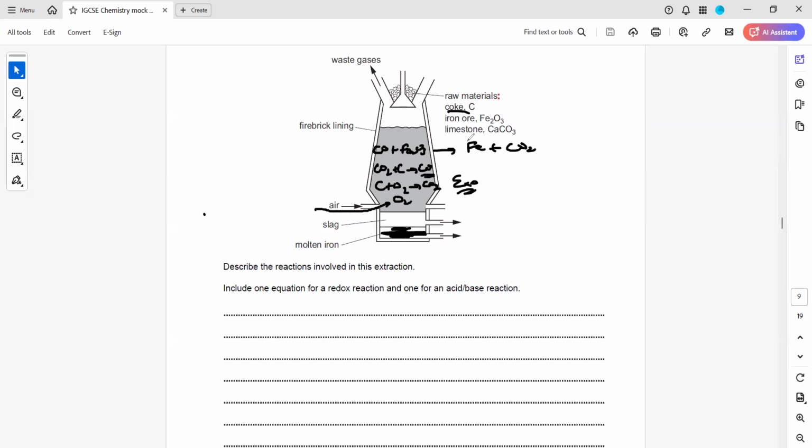And for neutralization, because the iron ore contains an acidic impurity, which is silicon 4 oxide, the silicon 4 oxide reacts with calcium oxide. Silicon 4 oxide is acidic, calcium oxide is basic. So what will it form? It will form slag, CaSiO3, which is calcium silicate. So this is the overall